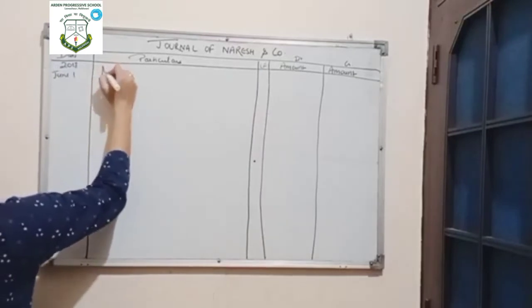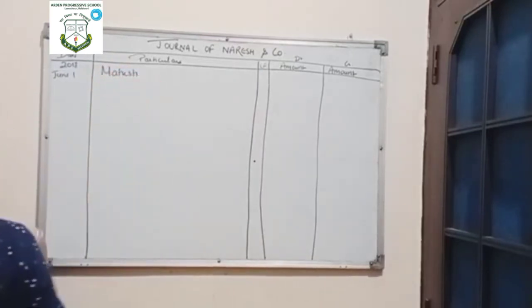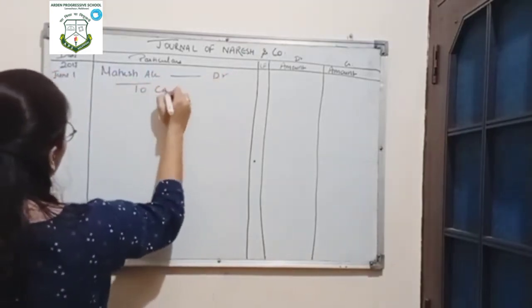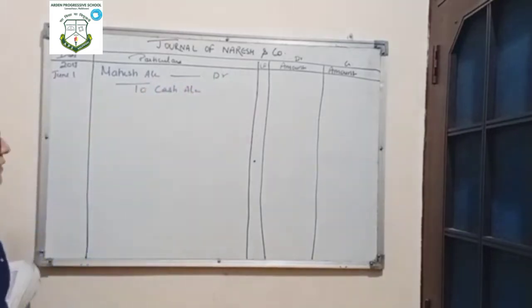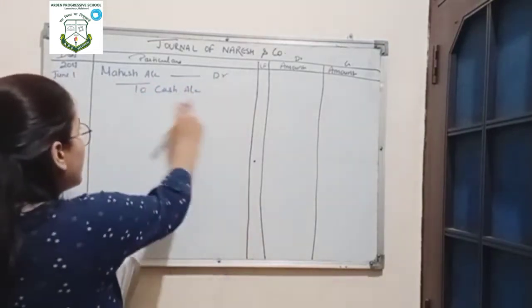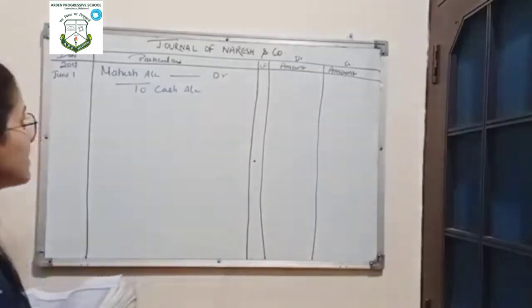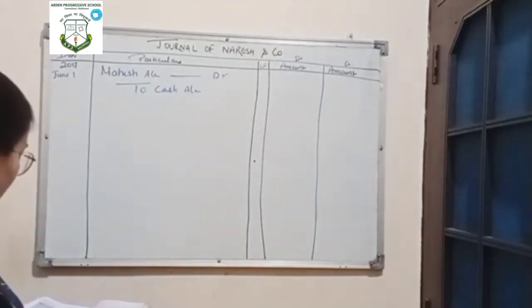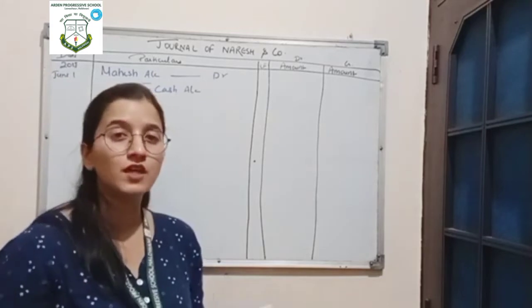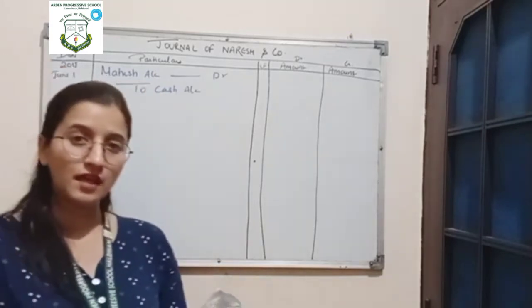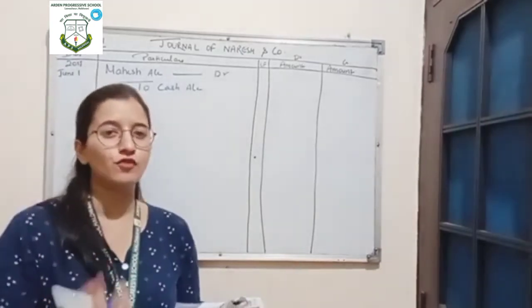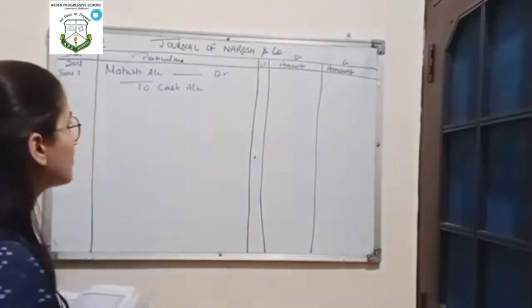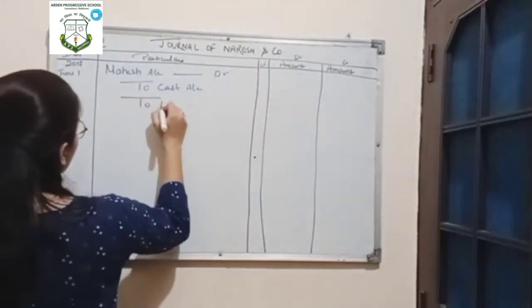We will debit Mahesh account according to the personal account rule. Mahesh account debit to cash account. As we are making the payment of cash, so there is outflow of cash. Being a real account, the rule of real account is debit what comes in, credit what goes out. So outflow of cash will be credited. Now here discount has been received. So discount received will be considered as an income. Income comes under the category of nominal account. And rule for nominal account is debit all expense and credit all income. So we will credit income which is in the form of discount